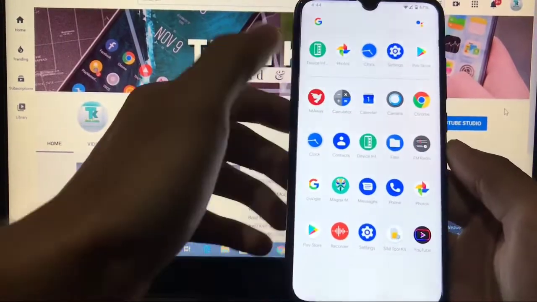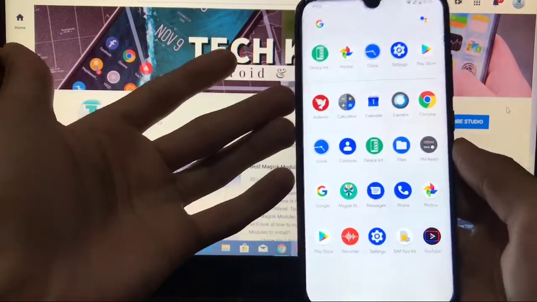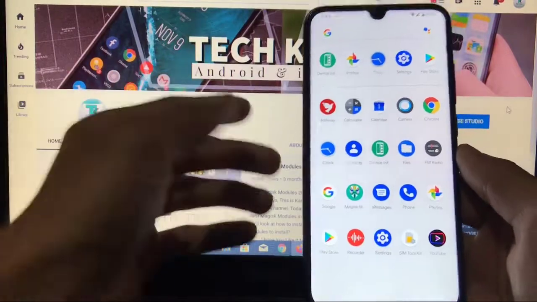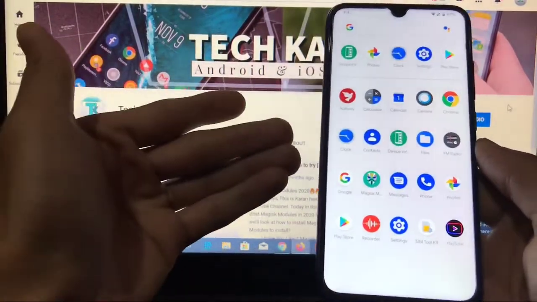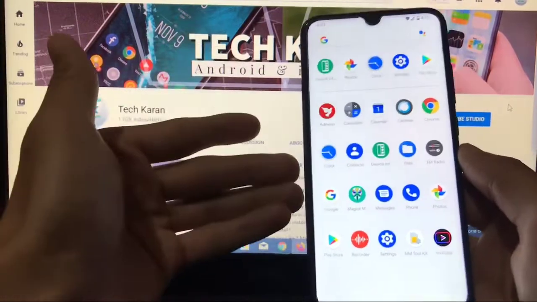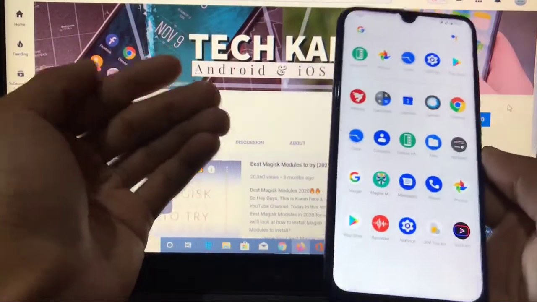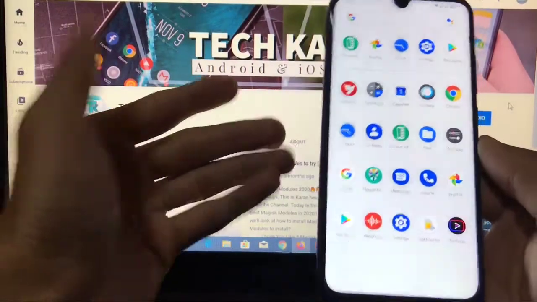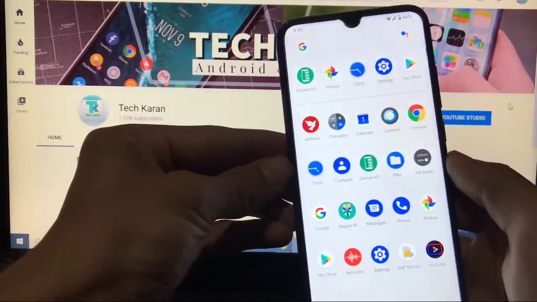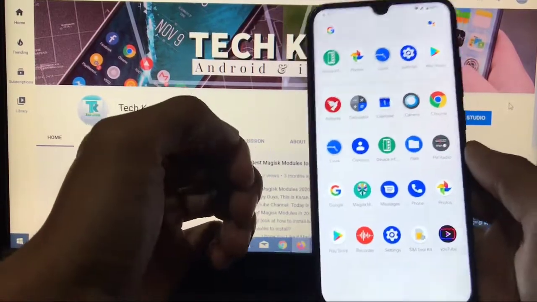In this video, I'm gonna show you how you can install a custom kernel on your device. I'm using Redmi Note 8 and I will show you how you can install Inception kernel on your Redmi Note 8. I will show you how you can install and how to customize your kernel, everything in this video. So make sure you watch this video till the end. Let's get quickly straight to the video.